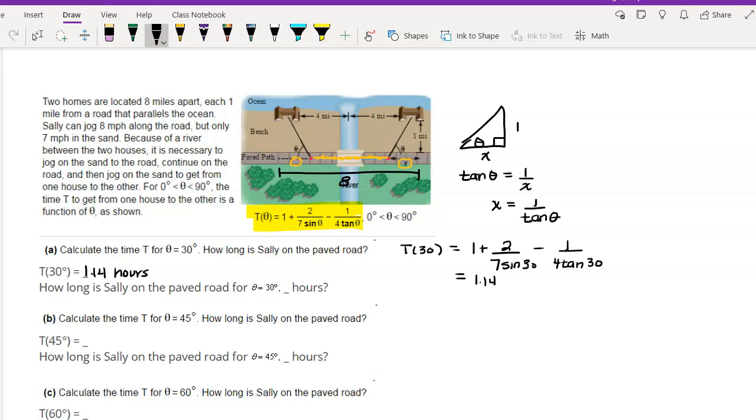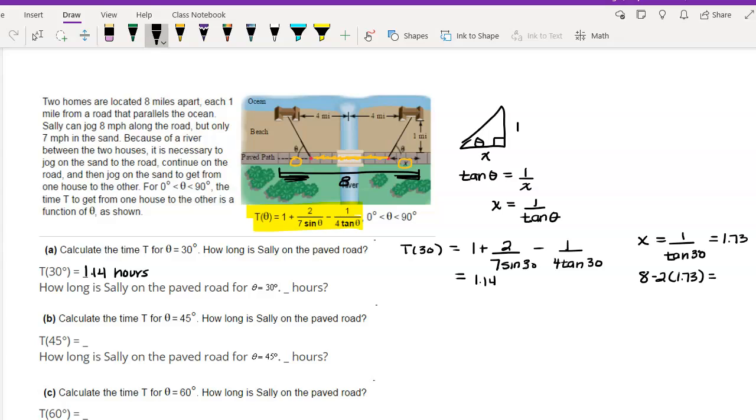So for part A, we get x equals 1 over tangent 30, which gets us an answer of 1.73. So I know that this section right here is 1.73, I know that this section here is 1.73, and the entire section is 8. So I'm going to subtract 2 1.73s from 8, and that's going to get us that entire yellow section of